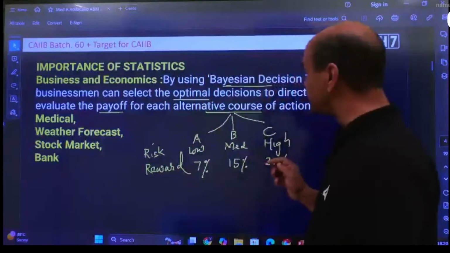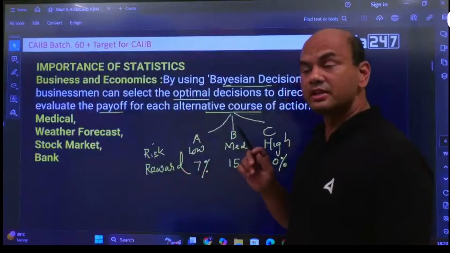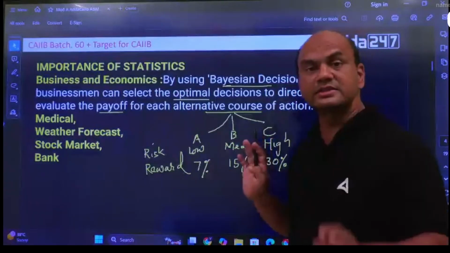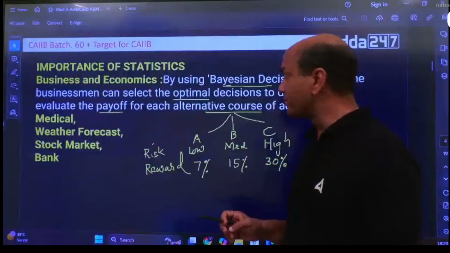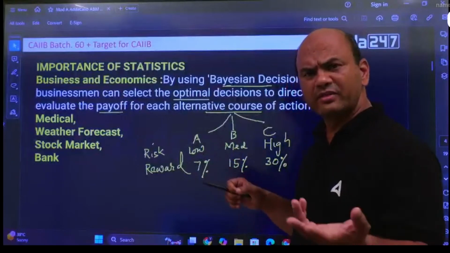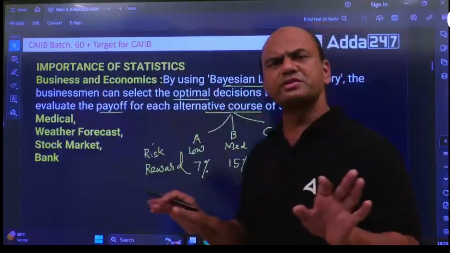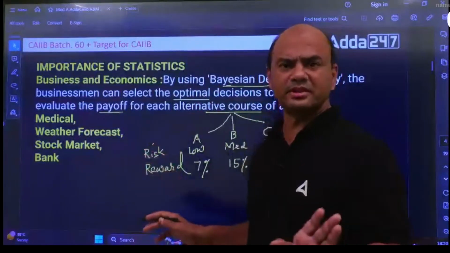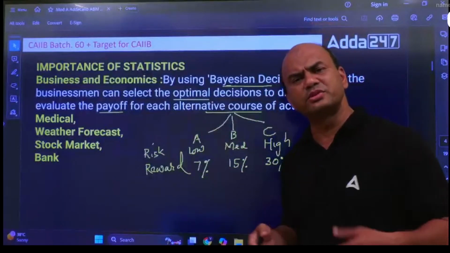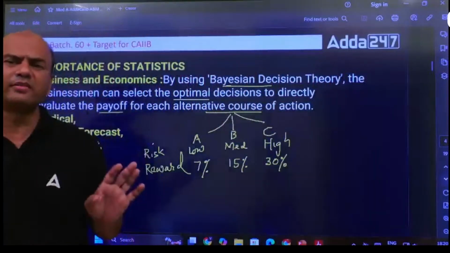What do you do while investing? While investing, we always look at risk and reward. What is the risk? What is the reward? Generally, the rule is like this: high risk, high reward; low risk, low reward. This is general tendency. Okay, I can have low risk. I can invest in FDs, bank FDs. Low risk. I'll be getting 7%. So no issues. I don't want any risk, so 7%. I want medium risk. I'm medium risk taker. I'll invest in mutual funds. So that's also okay. Mutual funds 15% average.